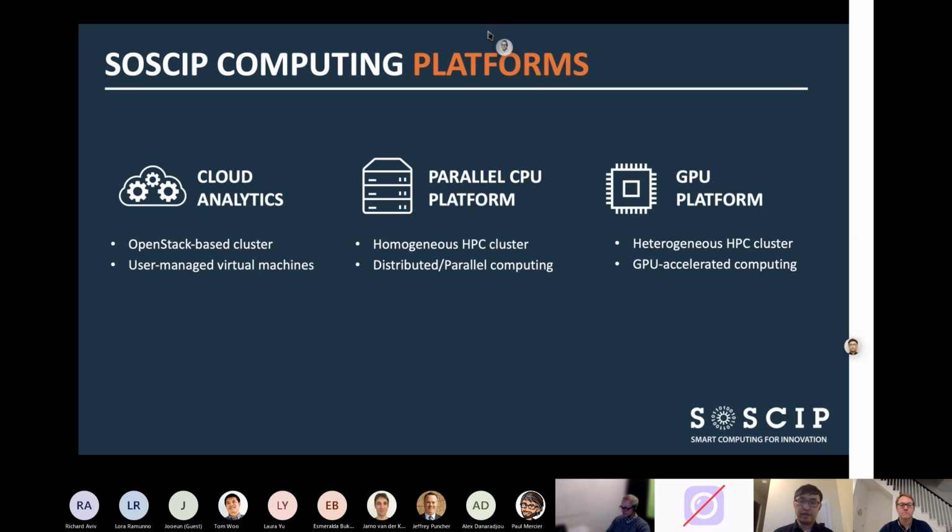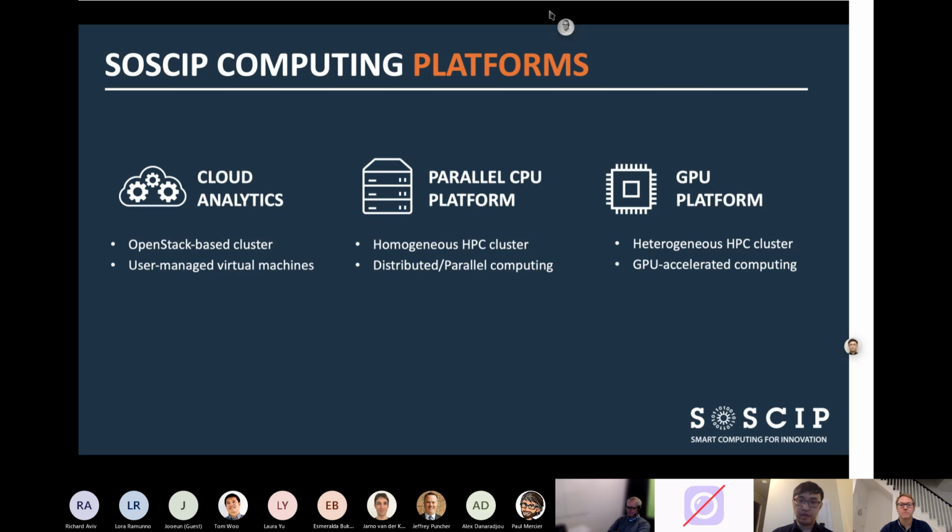So the other 2 platforms are different from the cloud. It is not a virtual machine. It's bare metal, like a physical machine, and it is not running as a cloud. It runs like a high performance computing cluster. So it's very similar to the research computing facility here in Canada, if you're familiar with Compute Canada.